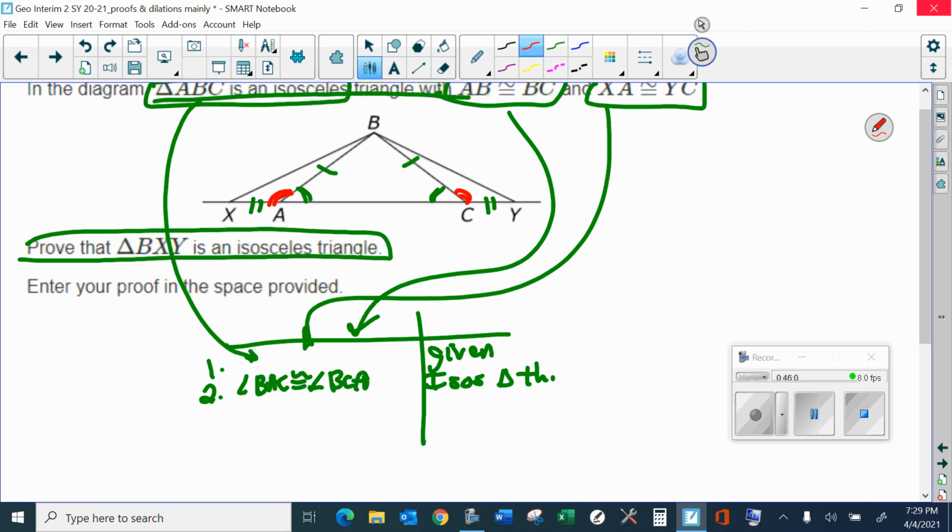And don't forget, I can use that side with that side, and notice then I would have the triangles congruent SAS, these two small outside triangles. So the third step is saying that angle BAX is congruent to angle BCY,